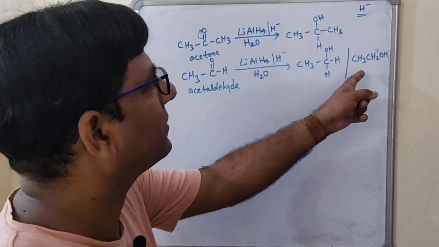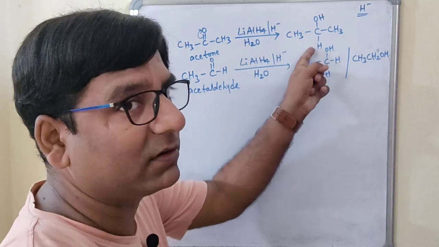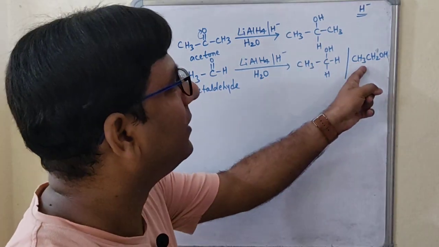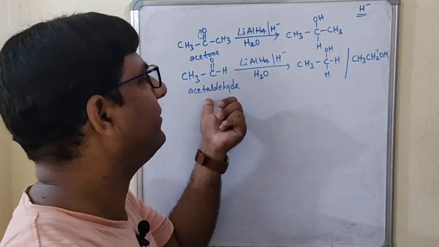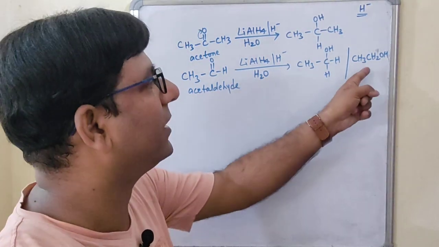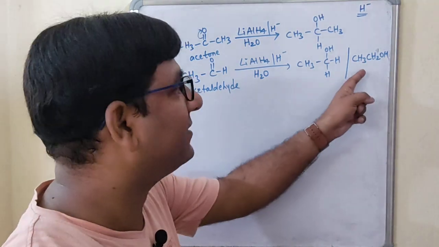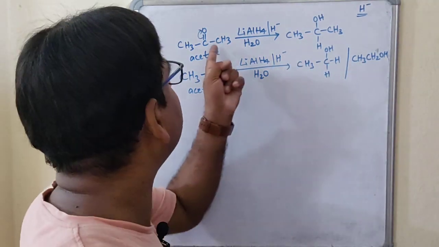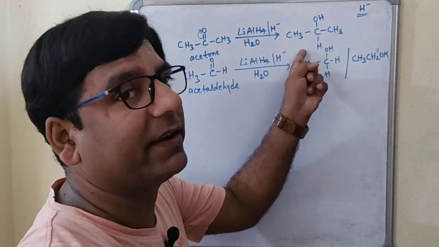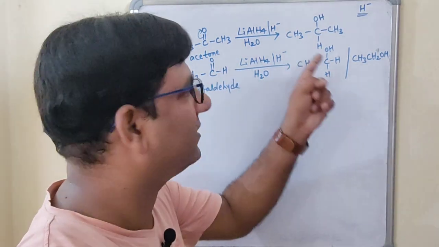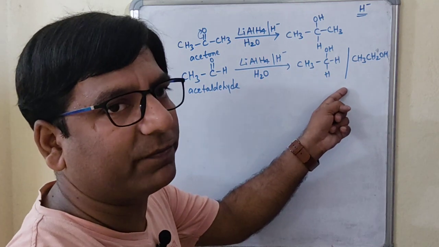Why have I shown you like this, student? Because this is the secondary alcohol, right? And this is the primary alcohol. As I told you, the aldehyde, when it is reduced, will get reduced into the corresponding alcohol, that is the primary alcohol. And the ketone, whatever ketone you are taking, will be reduced into secondary alcohol, or the 2-degree alcohol, and this is the primary alcohol.